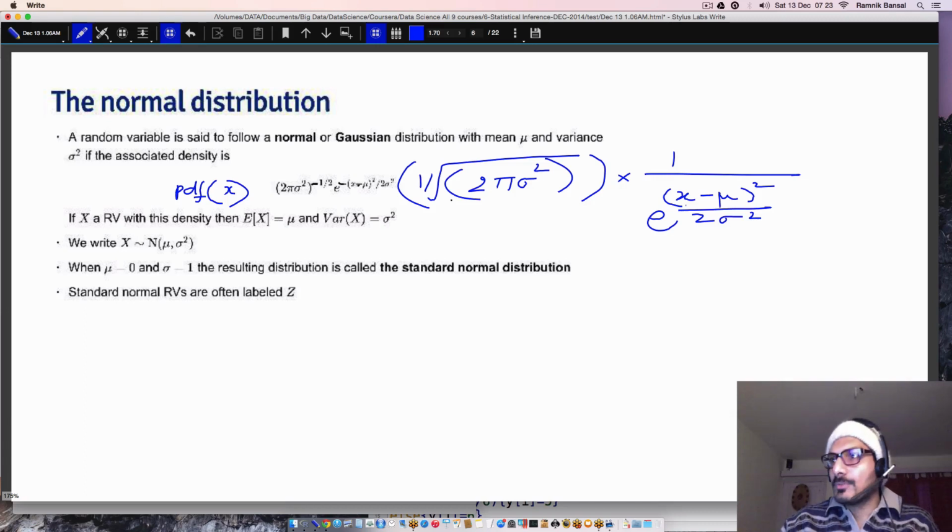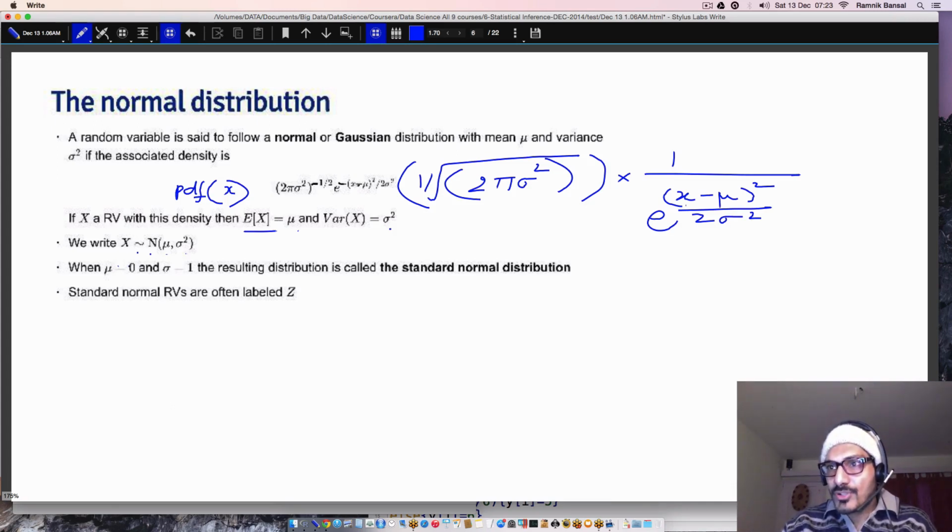Okay. So we don't need to get into the mathematical proof of how it is this way. We just assume this for now. We won't even be using this. This is just for you to know. This is the actual equation behind it. So every time we see that graph. So now if x is a random variable with this probability density, then the expected value of x will be mu and variance will be sigma square. Now we can write this in this notation. We say normal distribution with mu and sigma square.